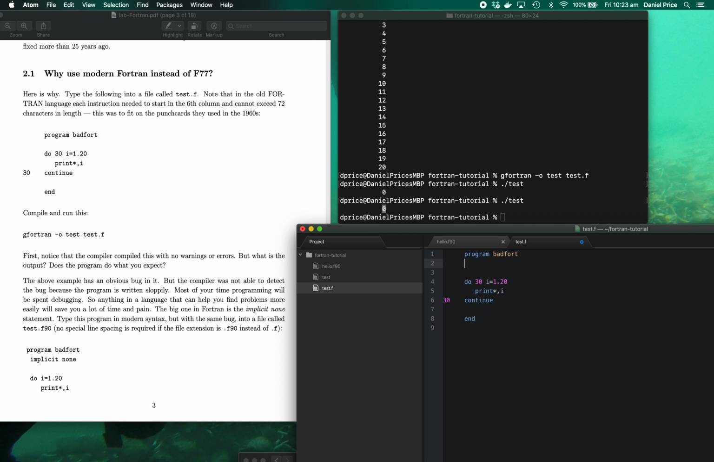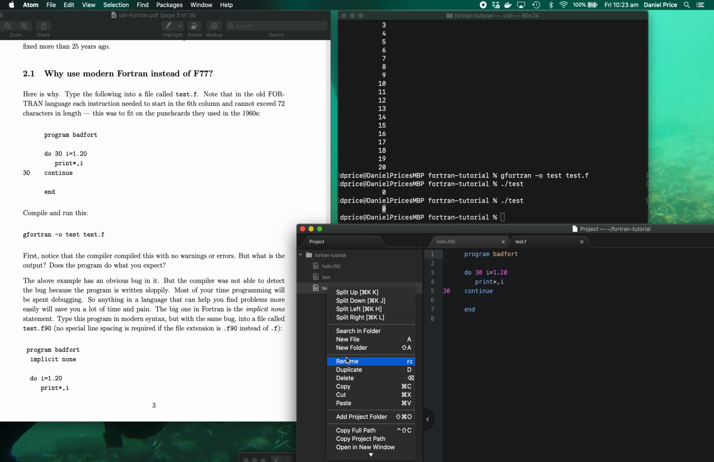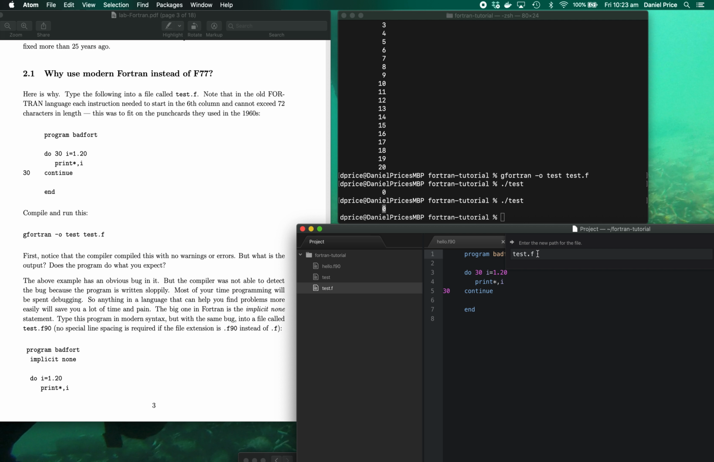So good practice. I'm going to change this into a Modern Fortran program. We're going to change the name of the file to F90, and you're going to see straight away why some of these problems would not be there. So let's rename this file test.f90. And with Fortran 90, we don't need this funny indent by 6. We should write end program bad fort as well. Now I'm going to give the same program,